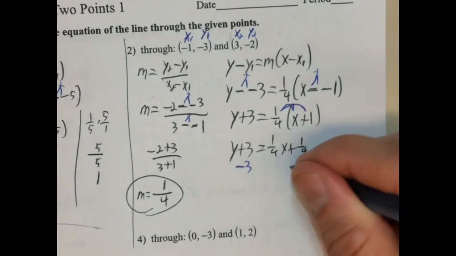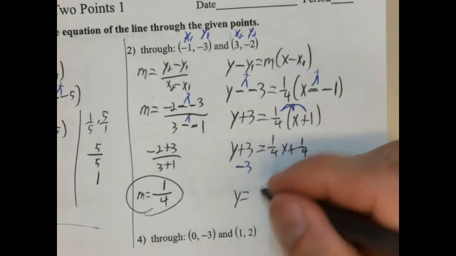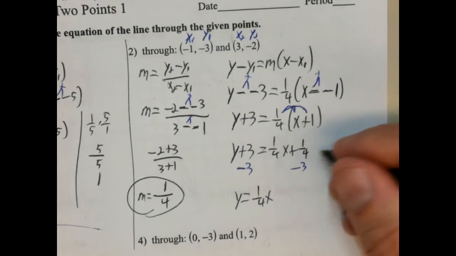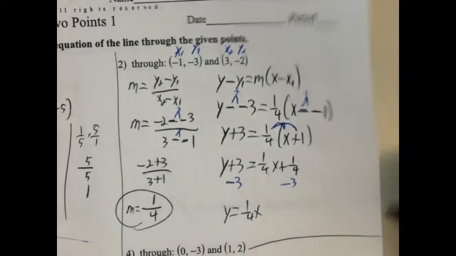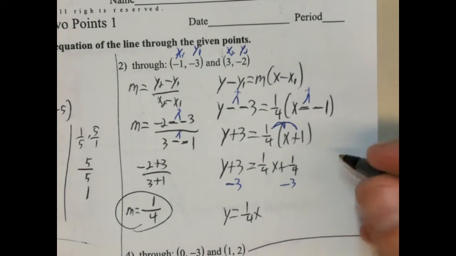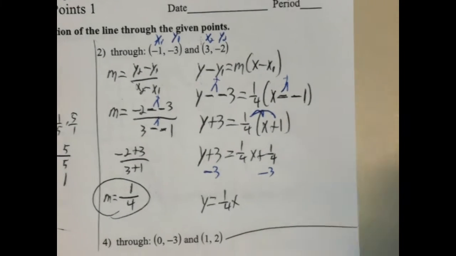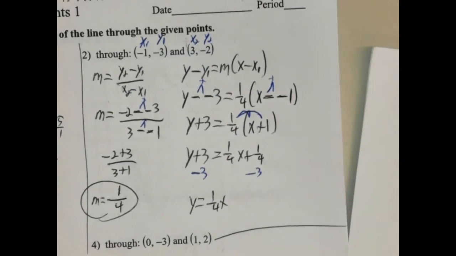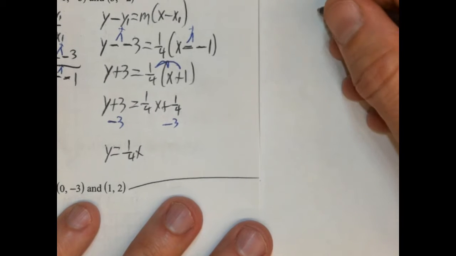Subtract 3 from both sides. So we're going to get y equals 1/4 x. Now we have 1/4 take away 3. So some students struggle with that, and that's okay if you do. Think of this as, well, I guess I'll show you what I would do. I'm going to write that on another piece of paper so we have some room here. So if this is a hard thing for you, I want to write this all out. So we have 1/4